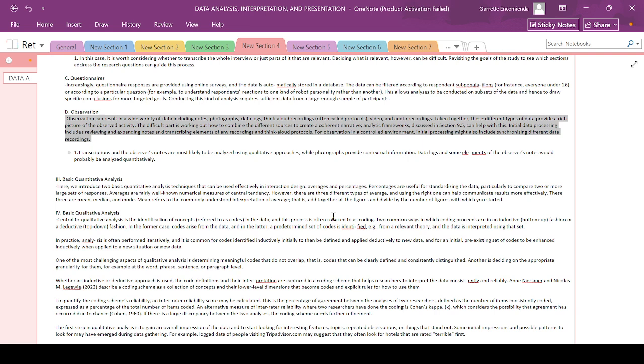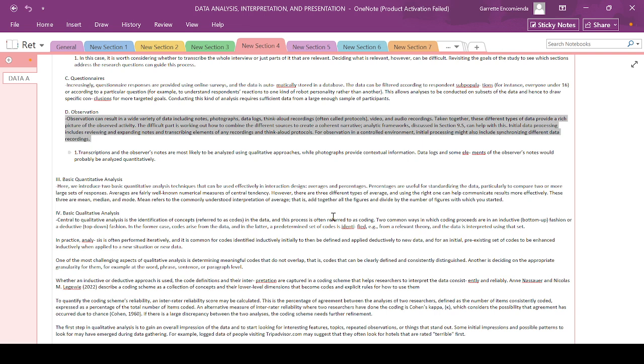Initial data processing includes reviewing and expanding notes and transcribing elements of any recordings, and think-aloud protocols for observation. In controlled environments, initial processing might include synchronizing different data recordings. So for a controlled environment, the initial processing is synchronizing different data recordings,